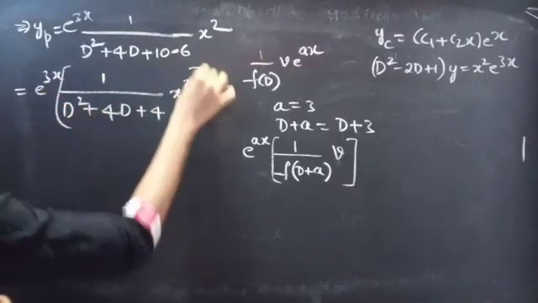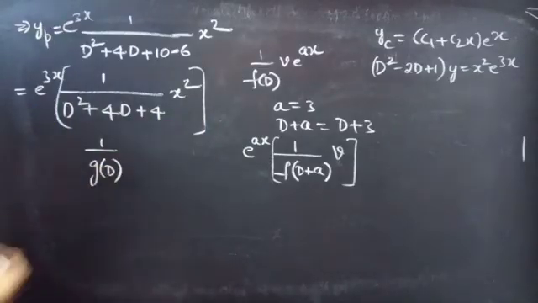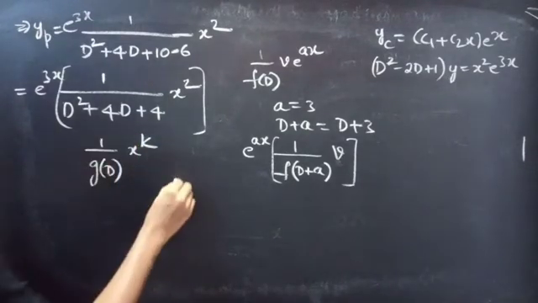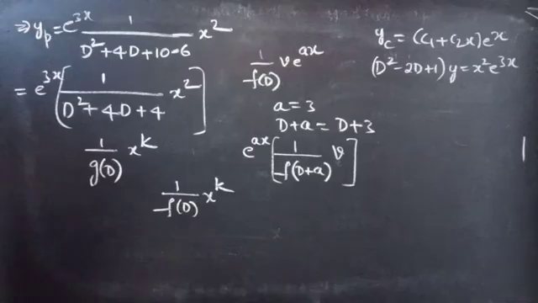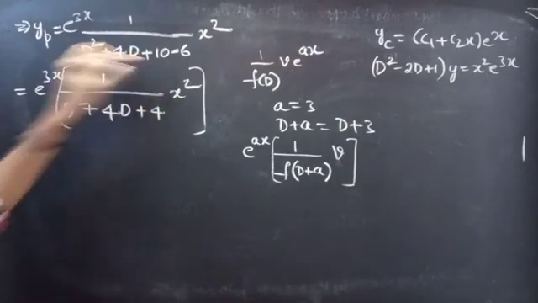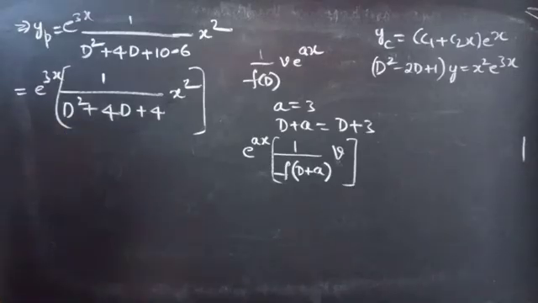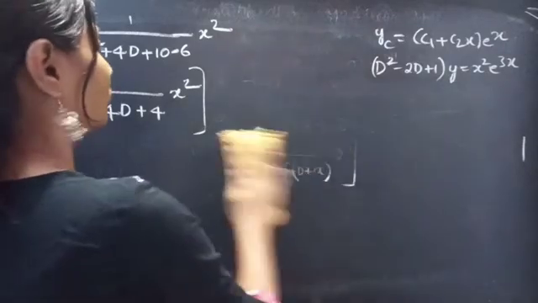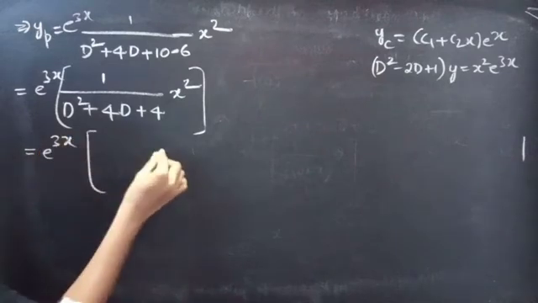Now, if you notice, the term under bracket is of 1 by some function of d into x power k form, right? So here we can apply the procedure of 1 by f of d into x power k. Now we are going to operate x square with 1 by some function of d. Okay, so yp is equals to e power 3x into